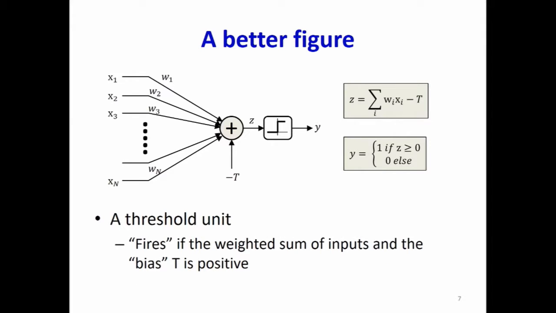So I've just redrawn the same figure. Instead of saying I'm going to compute a weighted combination of inputs and compare it to a threshold, I can say it somewhat differently. I can say that I'm going to compute a weighted combination of inputs minus a threshold and compare it to 0. So now it just becomes a sign operation. So stated, the perceptron simply says I'm computing an affine combination of the